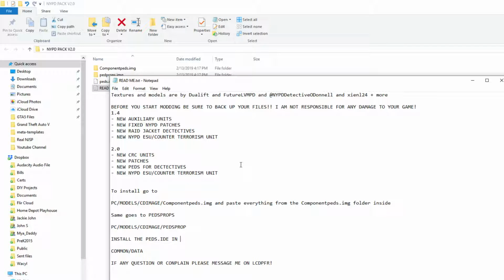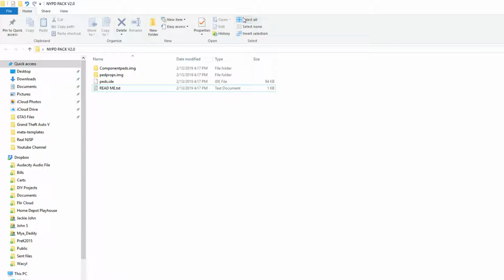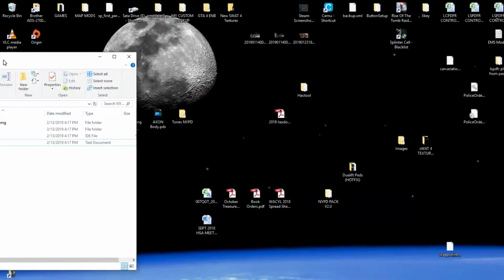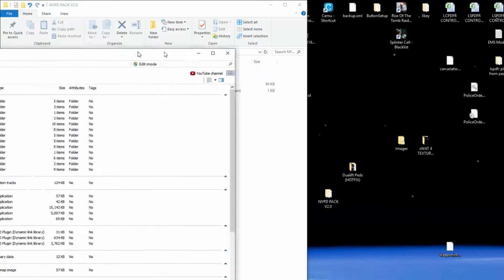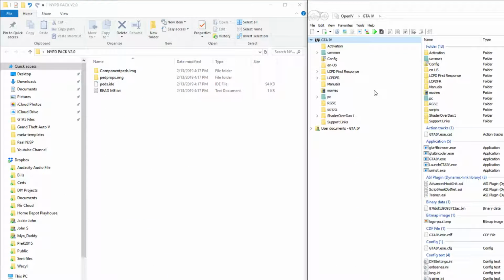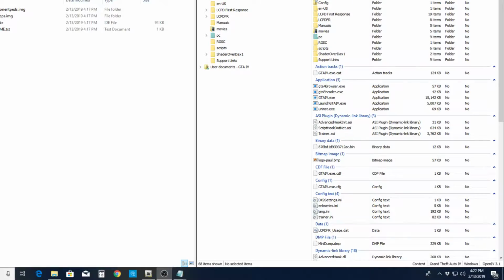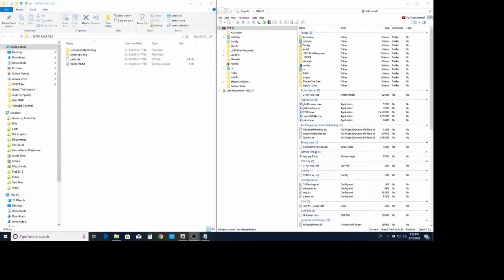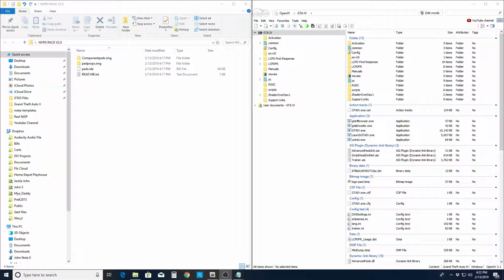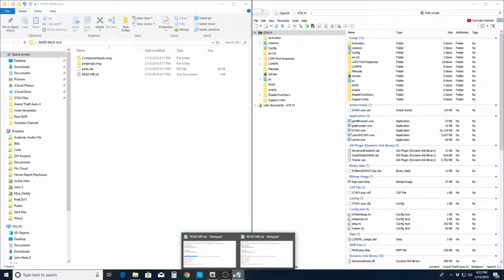Alright, so now with that being said, and you open up the README, and we'll just put that away here. We will put this off to the side, and I will take the OpenIV. Now that we're in, you open it up, you go to GTA4, and let me do that. Hold on 1 second, let me fix my screen here. Alright. So now that we're split here,